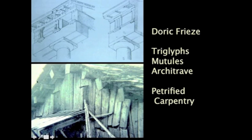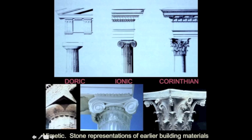And this is just some shed primitive hut, or contemporary primitive hut, and you can see the ends of the beams coming out here and giving you something out of timber architecture that in a very crude way begins to suggest the kind of rhythmic marking of the Doric frieze with triglyphs. This is maybe a better view of what these Greek orders look like. Doric,